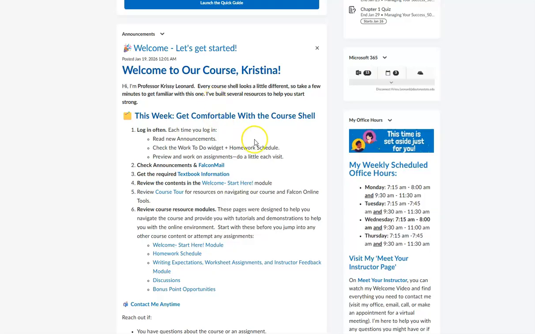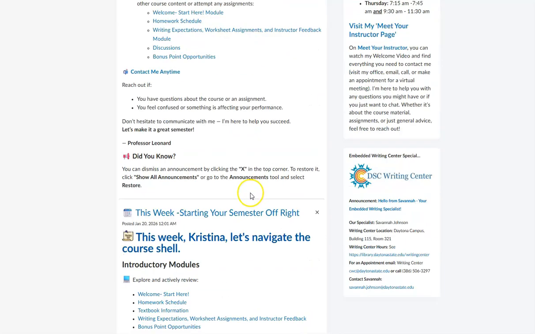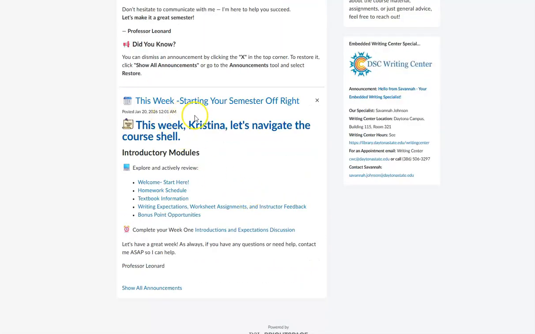You'll find that in this class, the first week you'll have a lot of information that's posted, but they will reduce over time. So you'll get some getting started here, but then you'll also see these updates for each week. So this is what we're going to talk about, what modules you should be visiting, other important links, things like that. And that will be posted every Monday in this class.